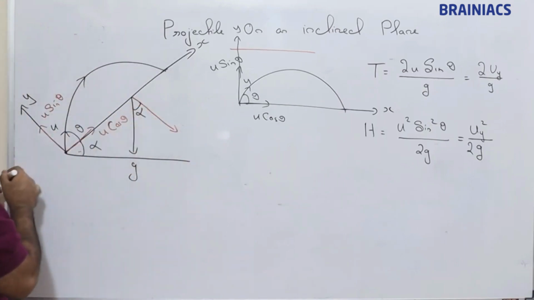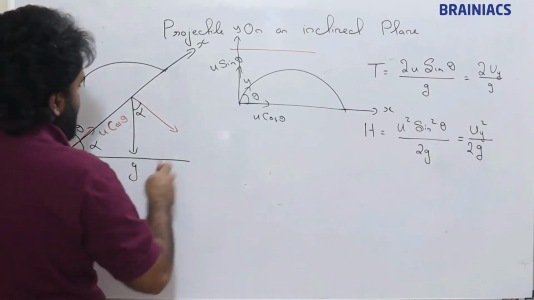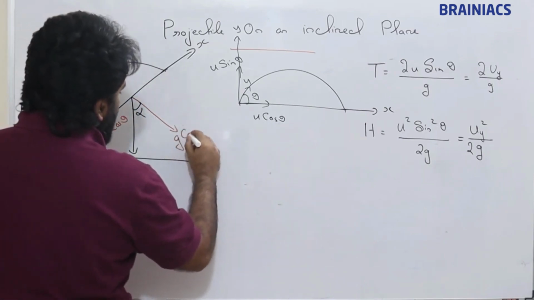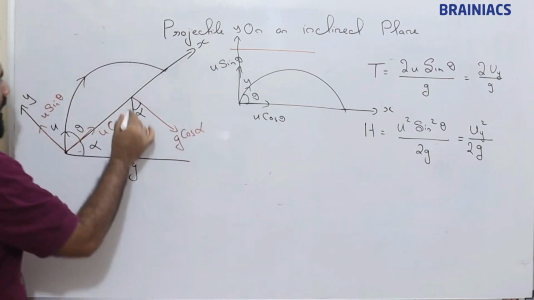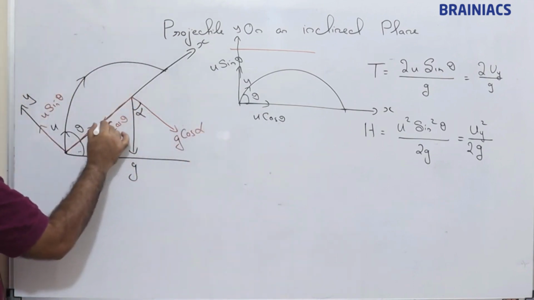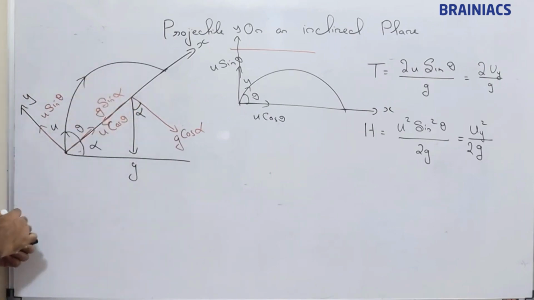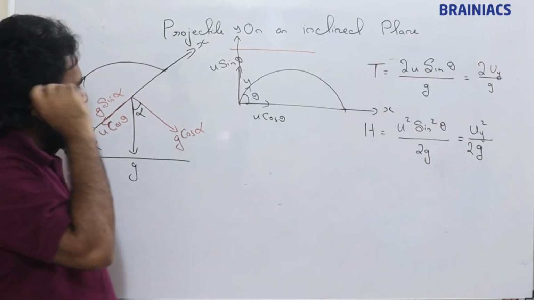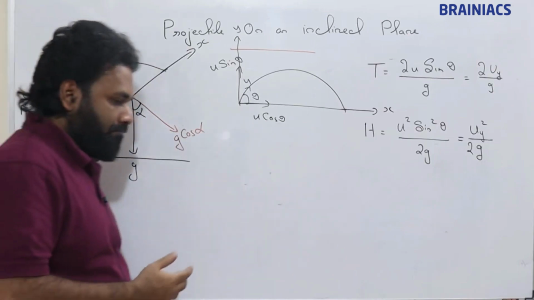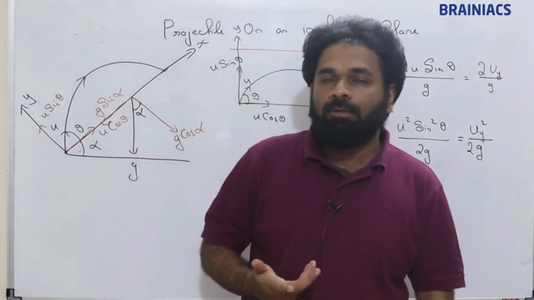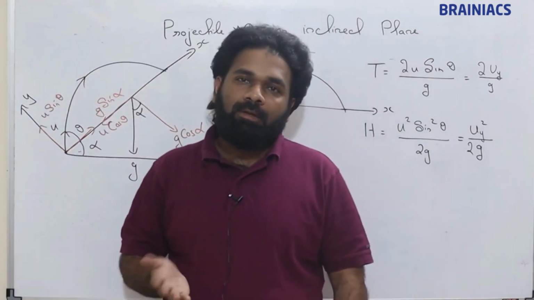Whatever is the angle, that will come here, and we can mark this as g cos alpha. Its parallel component is g sin alpha. Right. Now if we need to find the time of flight, okay, if we need to find the time of flight,